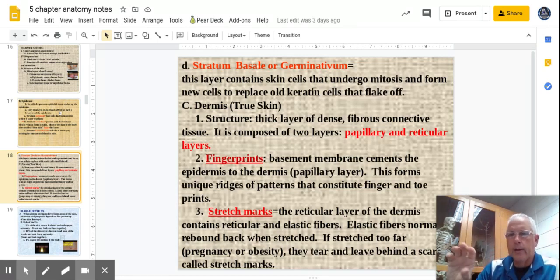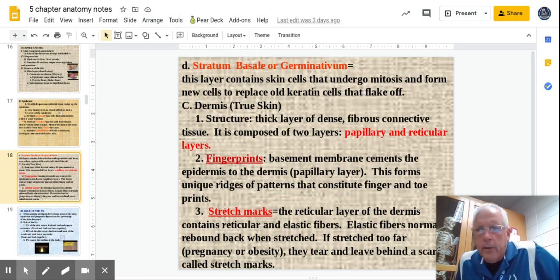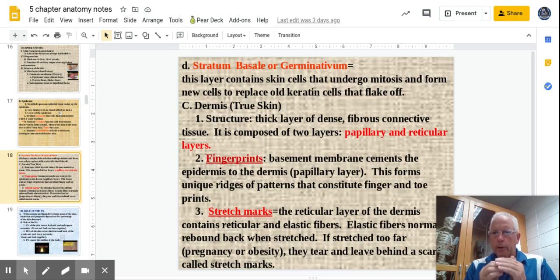And look at your diagrams. That's on your test. You need to know what each one of these looks like and what they do. All right, the dermis is below that. That's called the true skin. It's more fibrous connective tissue. It is not epithelial, not squamous. The important part of this layer is the papillary and reticular. There's two parts to this, not as many layers. Where the dermis and the epidermis glue together,